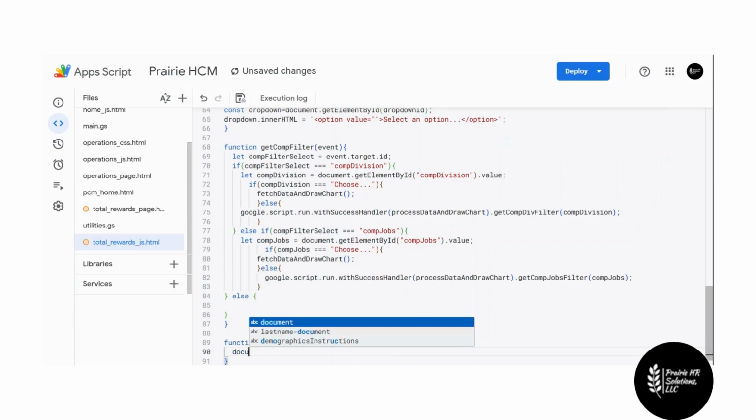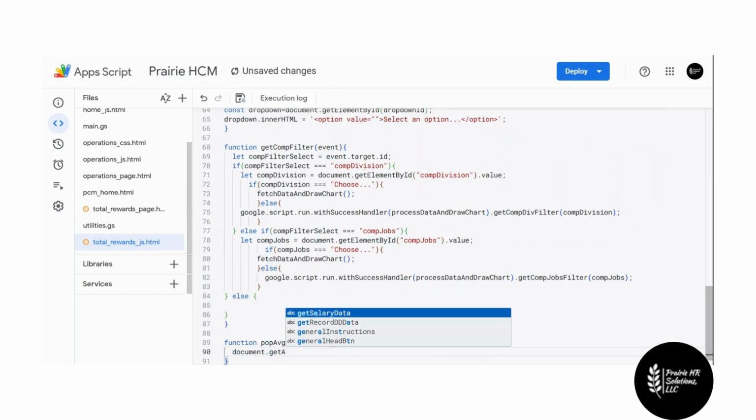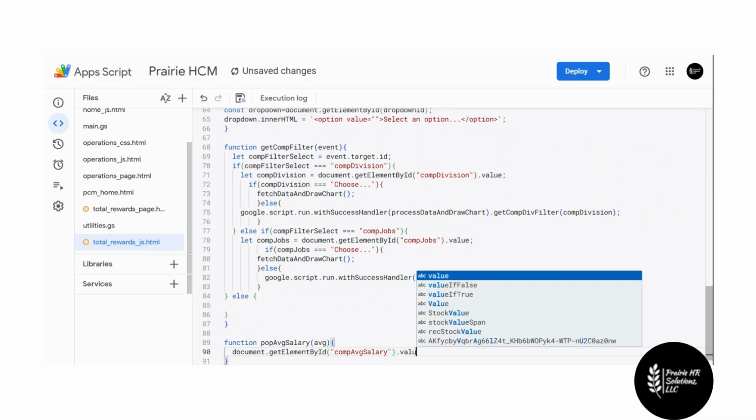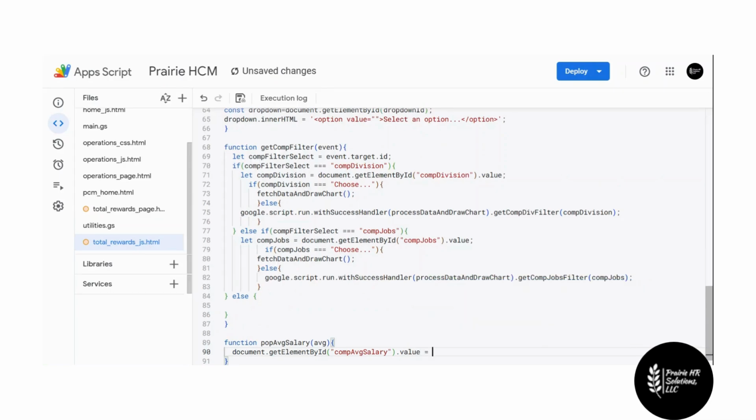And we want to populate, get element by ID, and that ID is going to be this. And we want to set the value to whatever is being passed. So it's going to be this av. Okay, so now let's save this